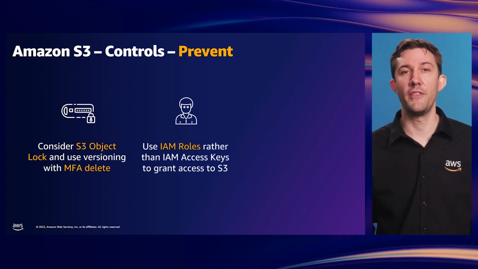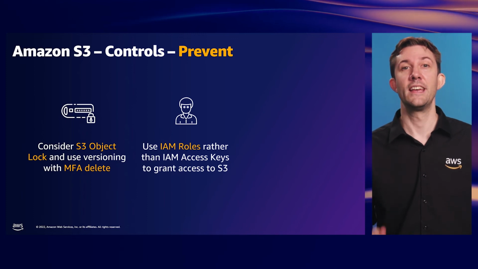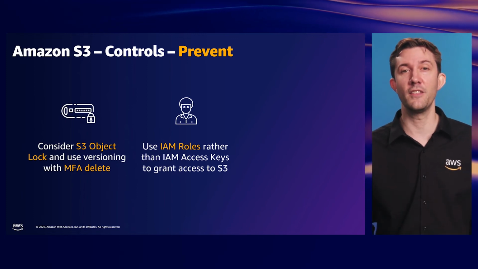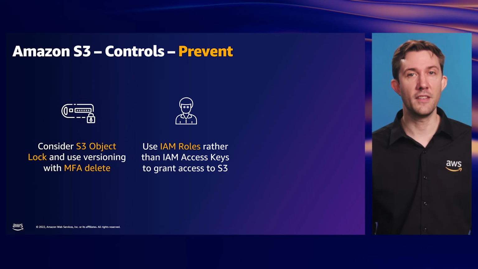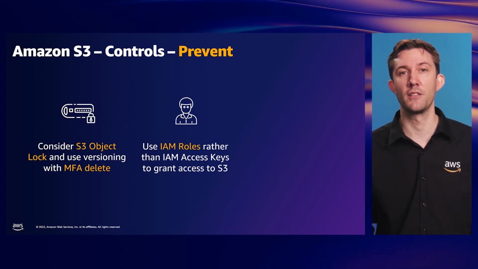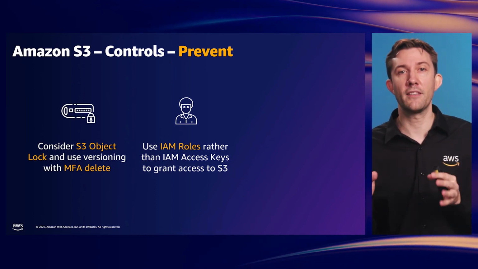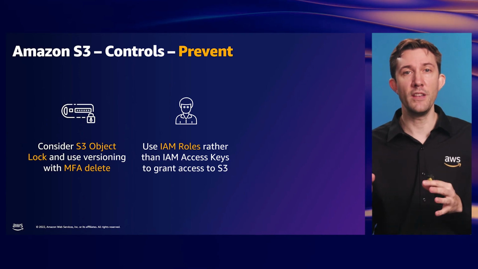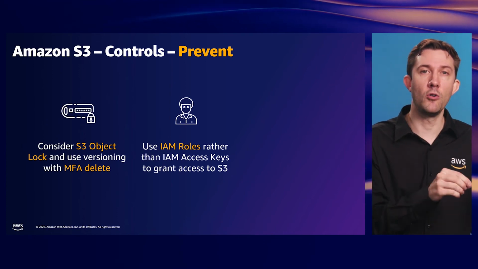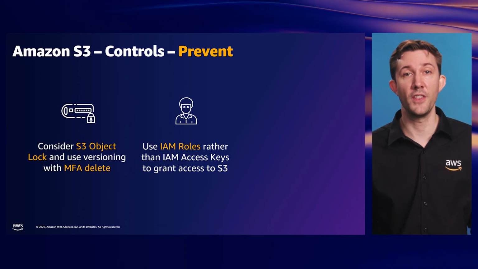Another great way to prevent stolen access keys from being used to delete S3 objects is not to use access keys in the first place. Instead, use an IAM role to give access to S3 objects. Roles can be given to the resources that will be accessing S3, and those resources then use that role to access the objects. There are no long-lived access keys for the attacker to steal.